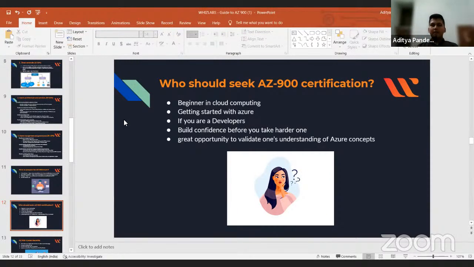So I can directly conclude that, okay, this person has a better understanding of cloud computing. This certification examination has validated him, right? So I'll choose the person who has the certification in his resume. So it will also give you an edge over people who have not cleared this certification examination, right?